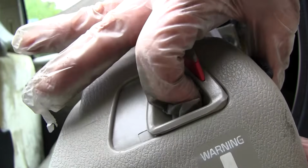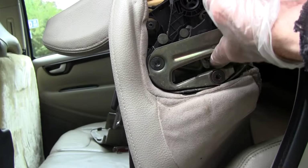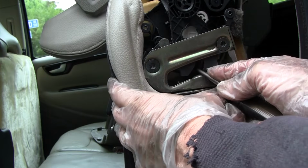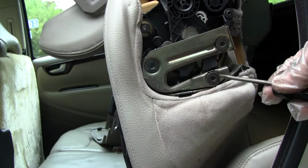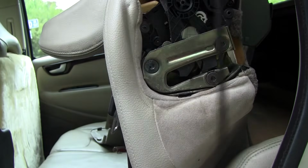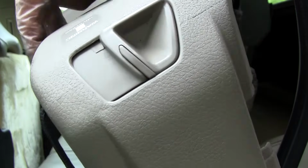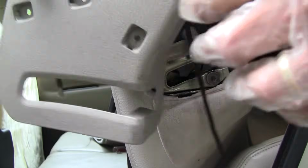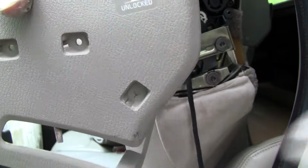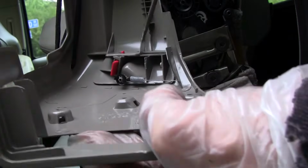But that's going to be too hard to hold. So I'm going to go ahead and disengage our lock by pushing the white tab forward. Now we're in the locked position. And now when I put my cover on, we're in the locked position, so that this little arm is going to fall into place